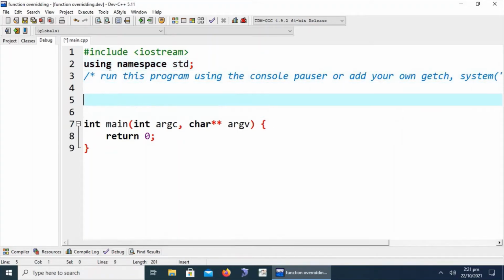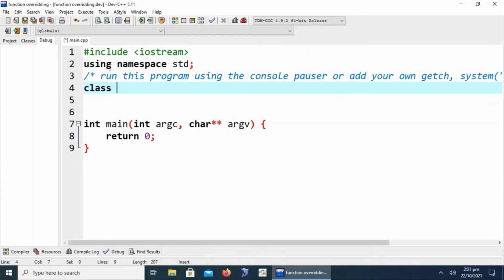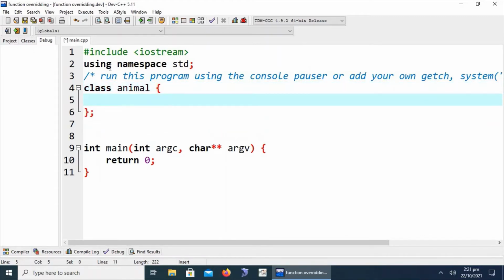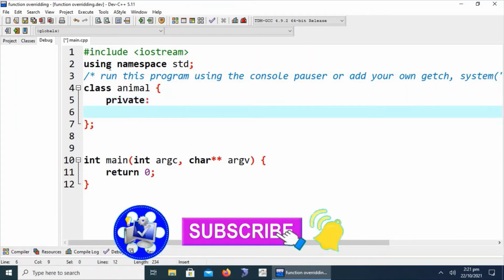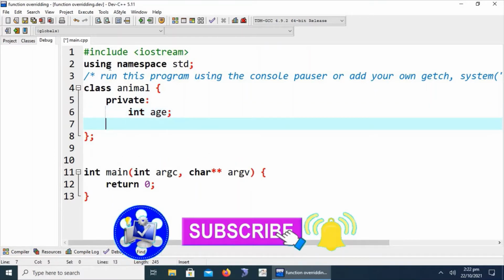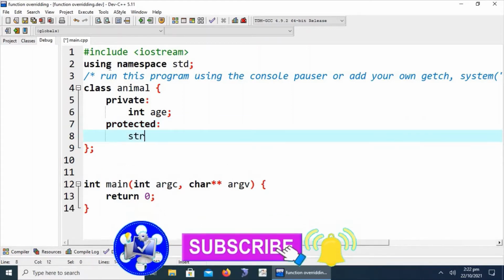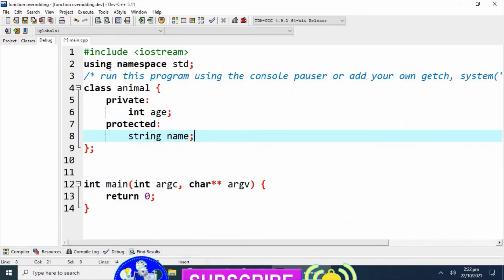First of all, we will have to create a class. Let's suppose we are going to create a class named animal. We are defining here its private member, let's suppose int age, and now its protected member, let's suppose string name.